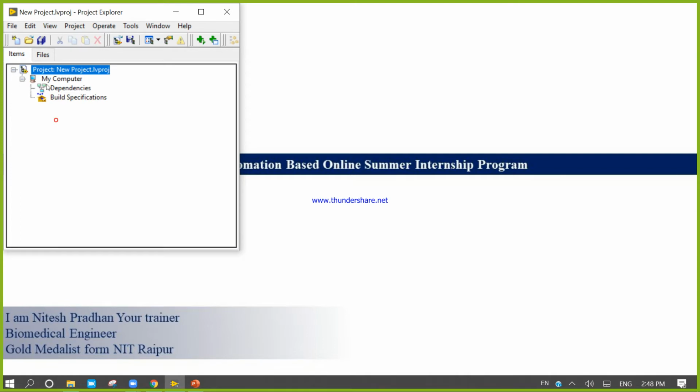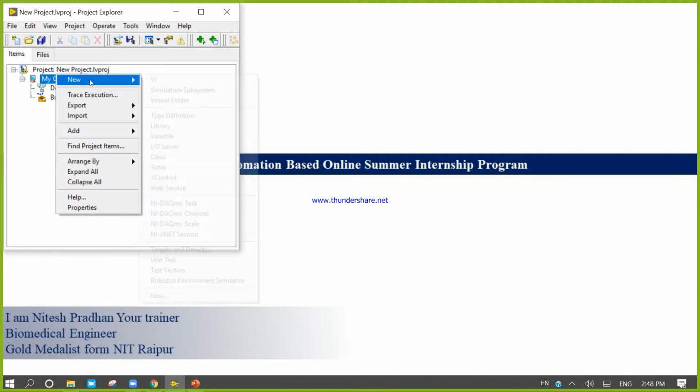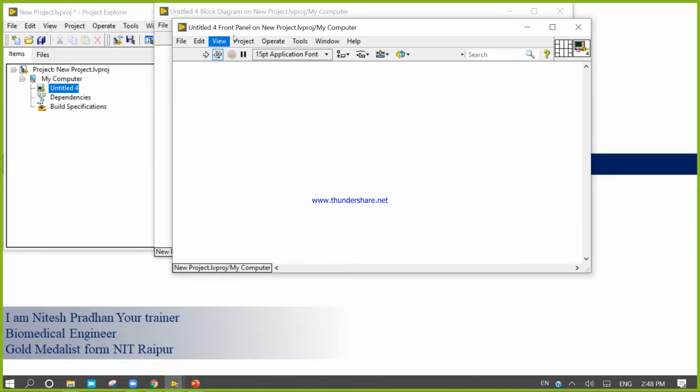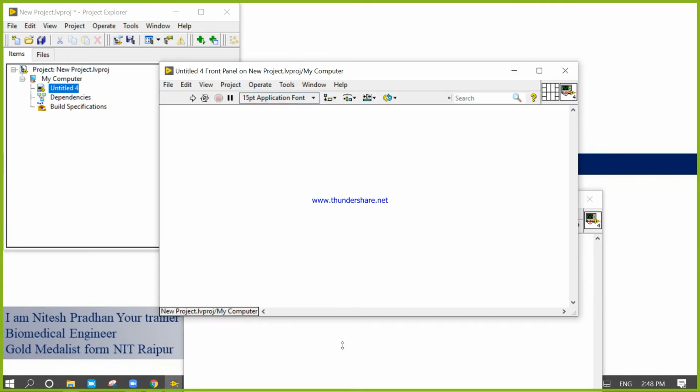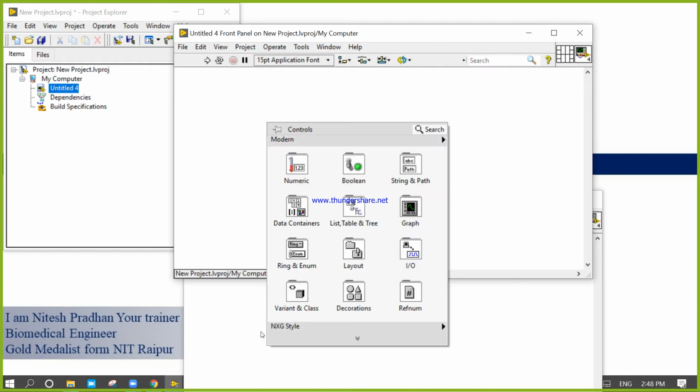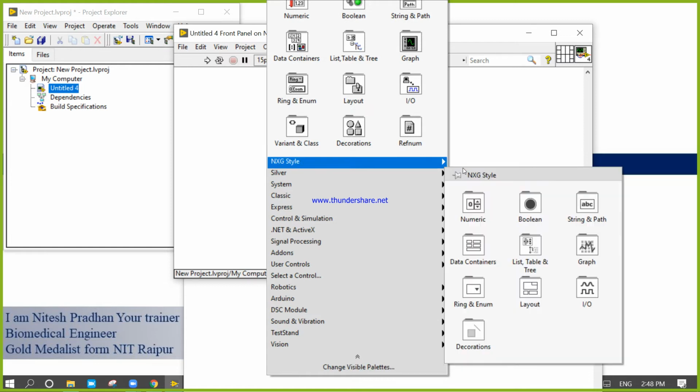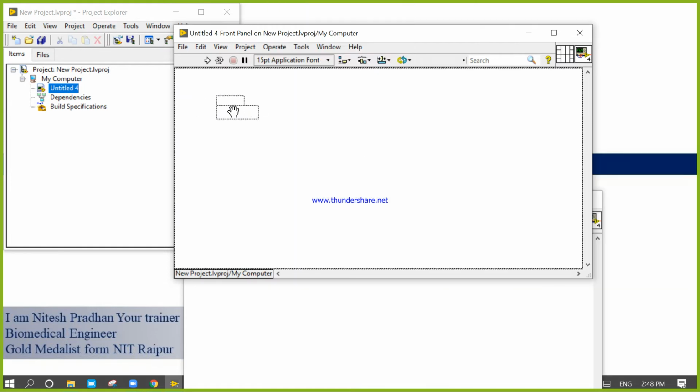Okay, item, right click, new VI. In this new VI, we will design one program for the factorial. Okay, so for the program, I will use one numeric control.